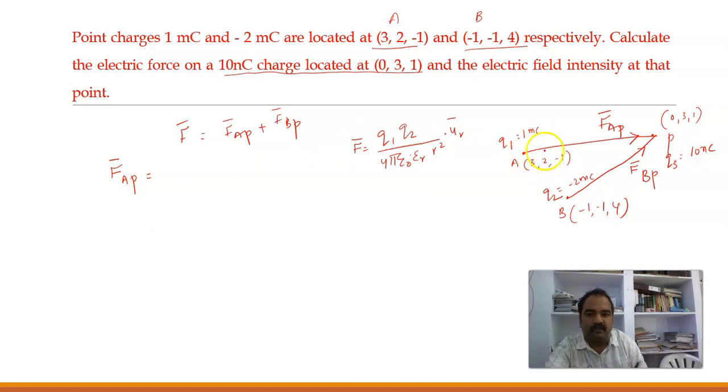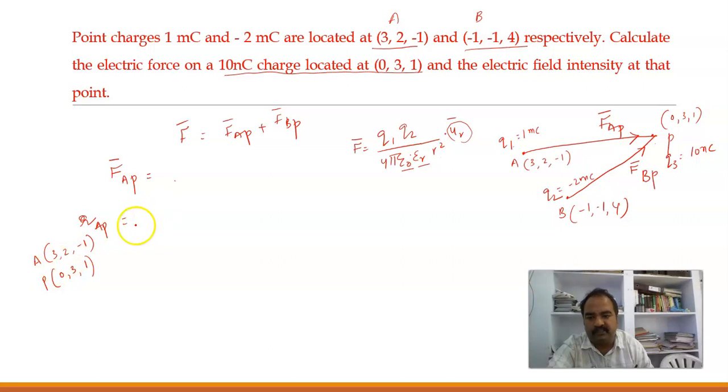Now I need the force between these two charges A and P. So what am I supposed to write? I am supposed to employ the two charges, this one and this one, and this is a constant. I need the distance between these 2 points, and also I need a unit vector along these 2 points. So first of all, let me determine the distance between A and P. A point is at (3, 2, -1). P point is at (0, 3, 1). So the distance between these 2 points is